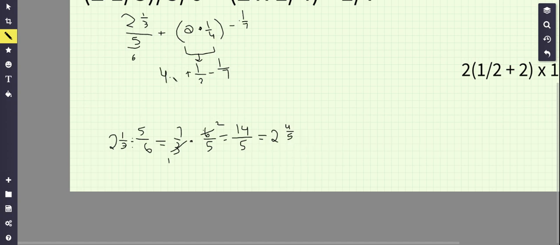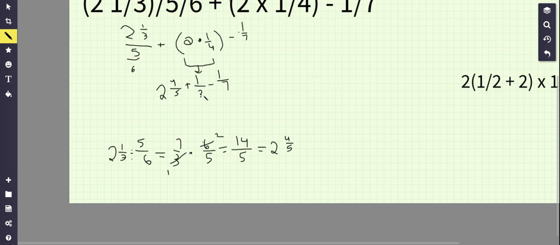Now I'm going to have 2 and 4/5 plus 1/2 minus 1/7. 2 and 4/5 plus 1/2 is 3 and 3/10. So 3 and 3/10 minus 1/7,